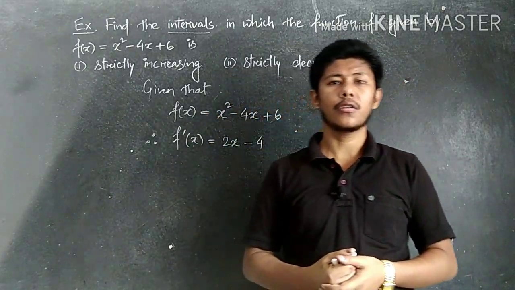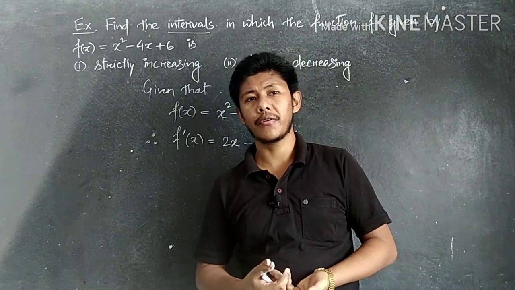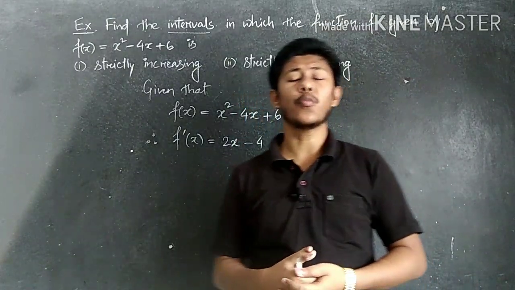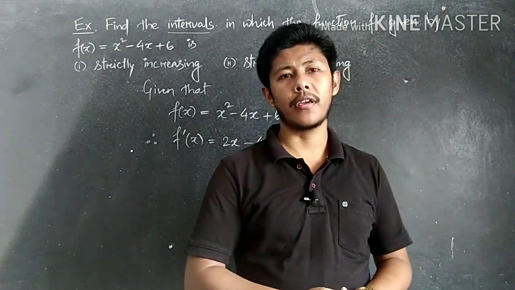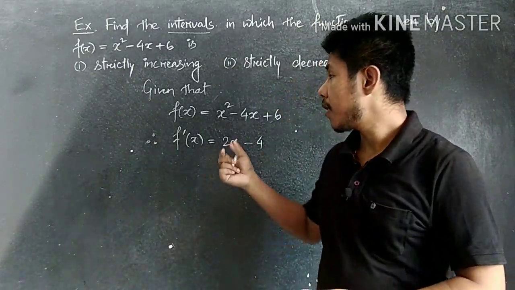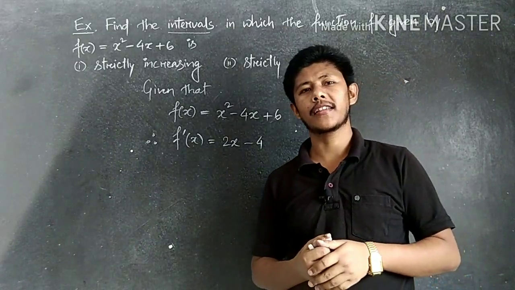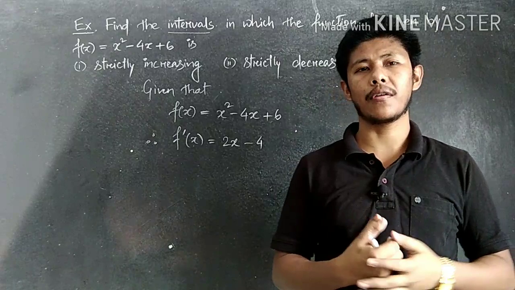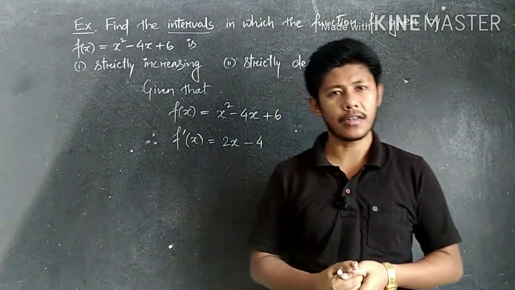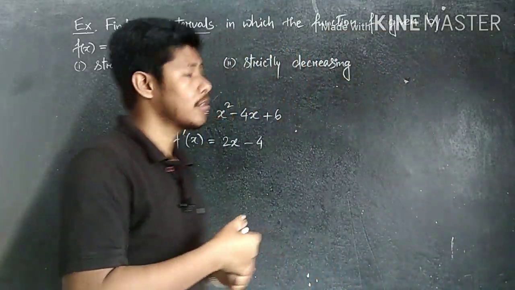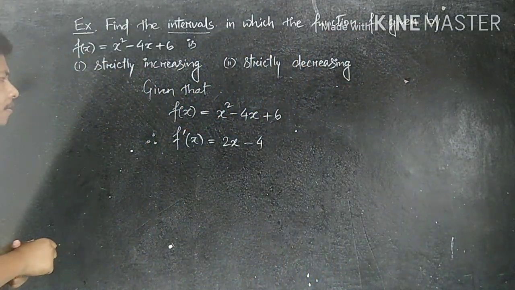Is it clear? With the help of a theorem, one theorem we already discussed, we can prove this also. Some more processes are there, and we have to discuss all the methods one by one. In the exam you can choose any one, all are correct. So first of all, how can we find out the interval here?